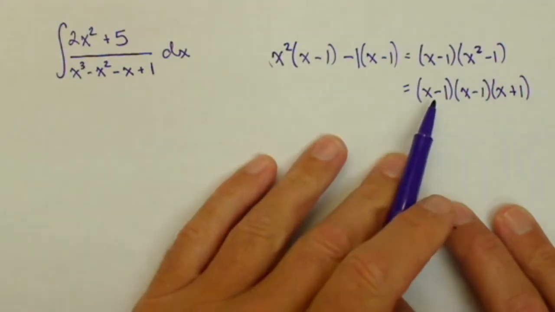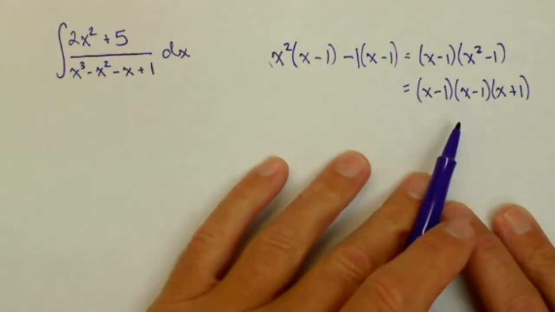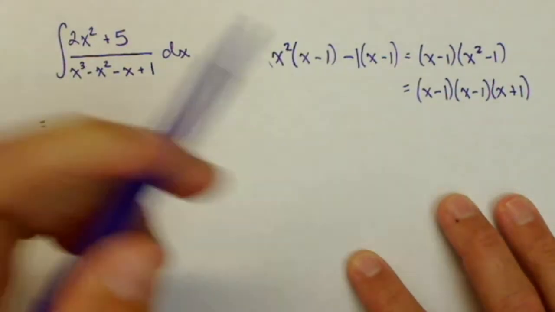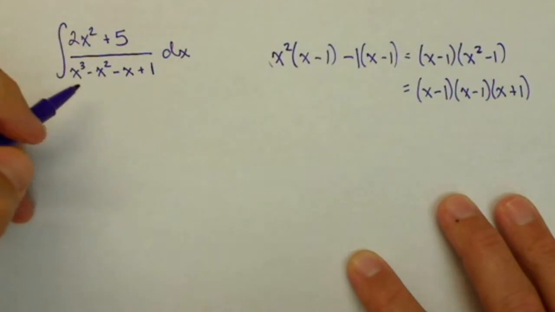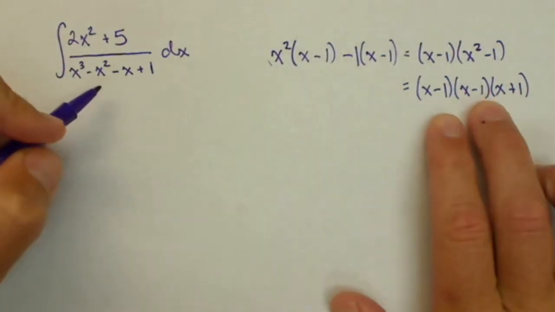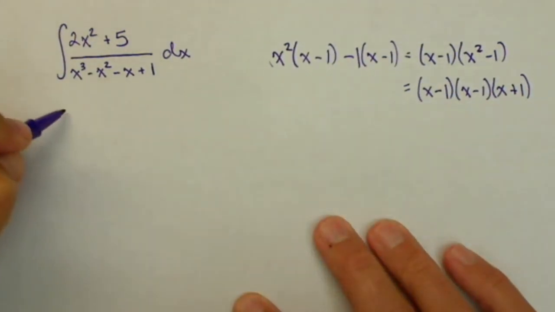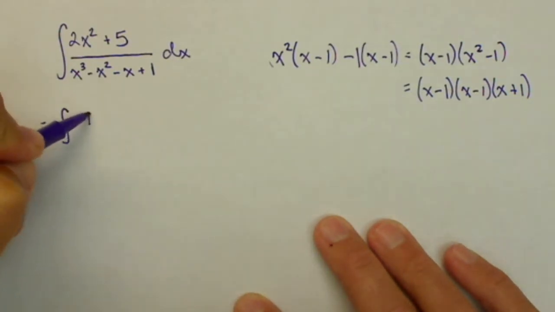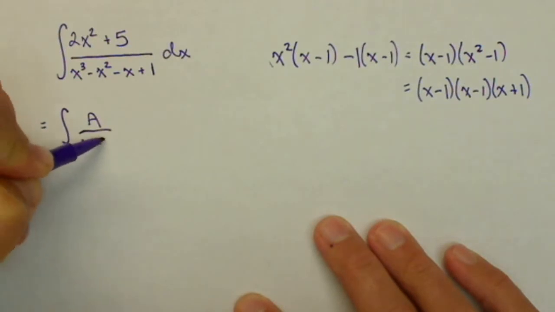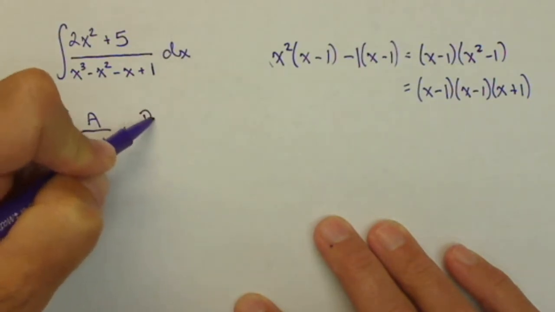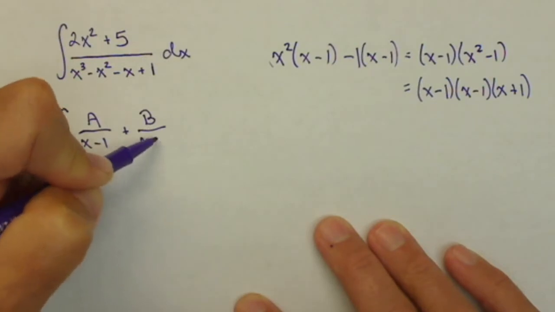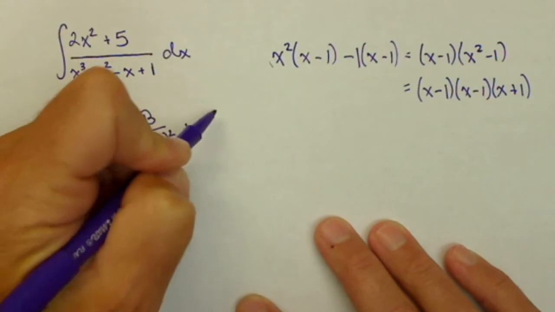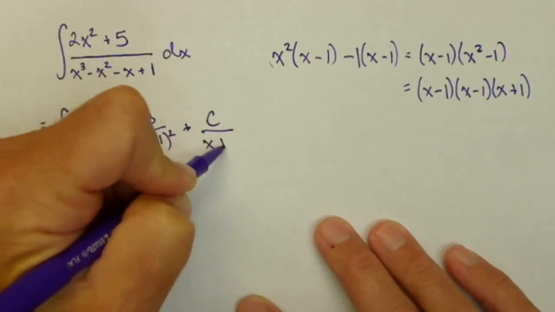So this is one where we have a repeated factor. So this is going to look a little bit different in that we need to account for the repeated factor. So when we go to break this up, now they are both linear factors, they're not quadratic factors. When we go to break this up, it's going to look like A over x minus 1 plus B over x minus 1 squared plus C over x plus 1